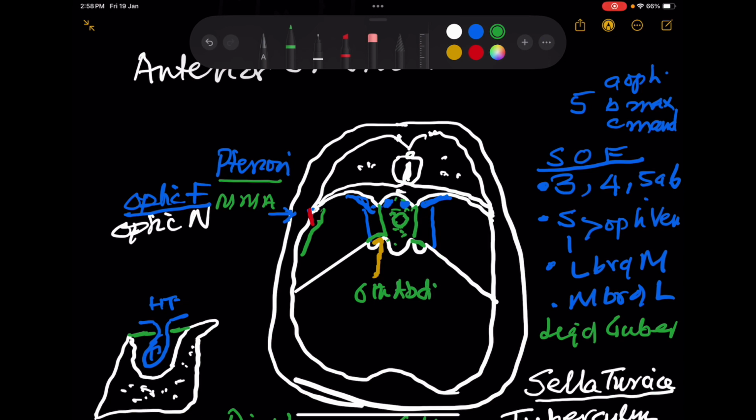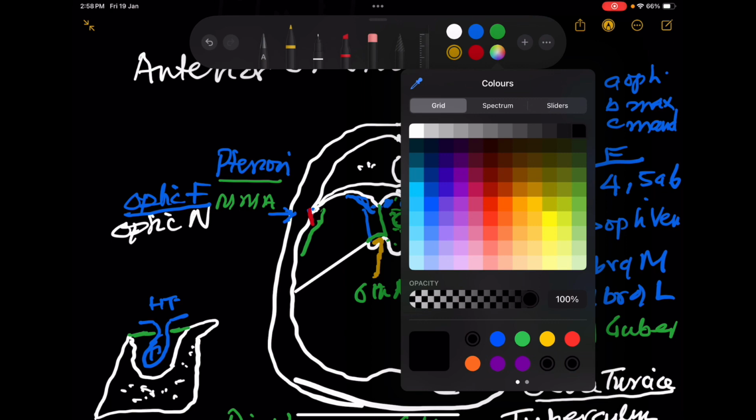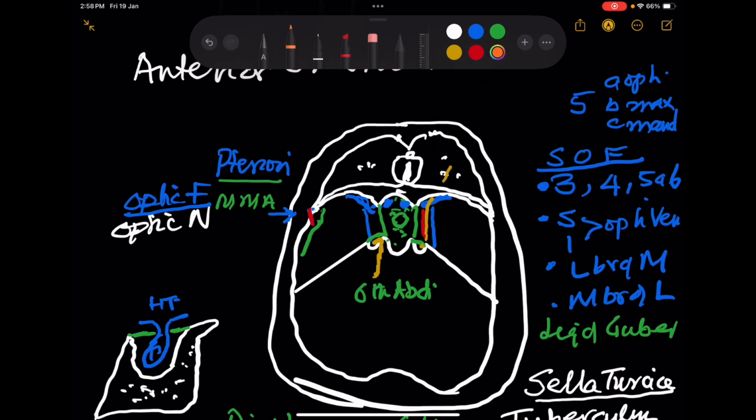Now, we have placed the artery in the medialmost portion, and this nerve is lying just lateral to the artery. It passes through the superior orbital fissure and supplies the lateral rectus of the orbit, the lateral rectus of the eyeball. So here is your